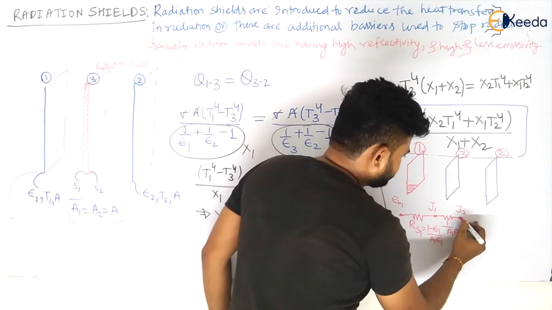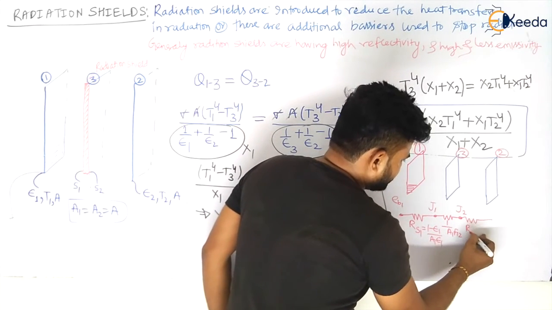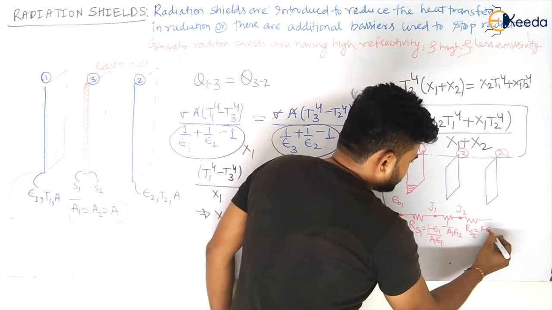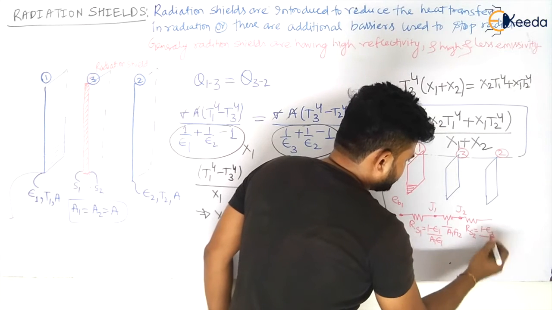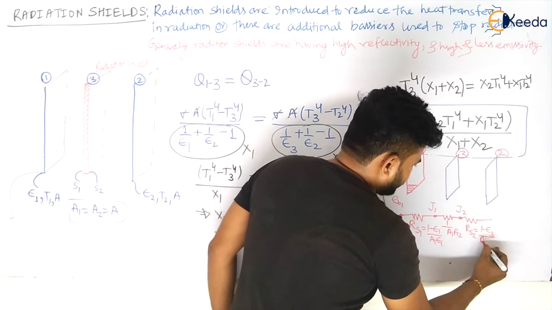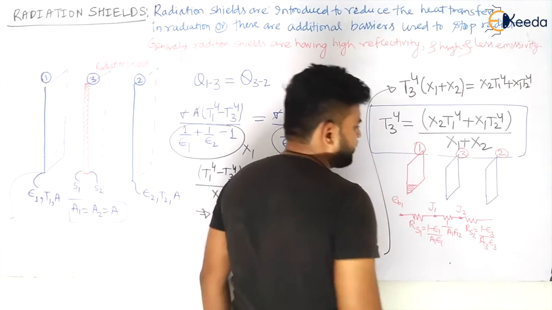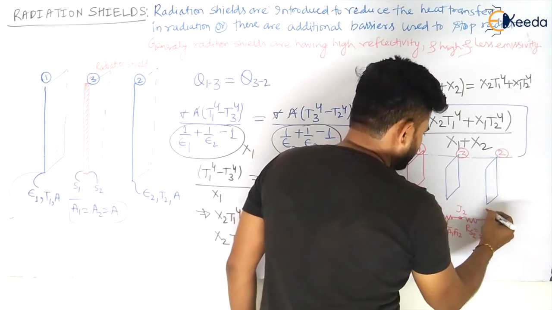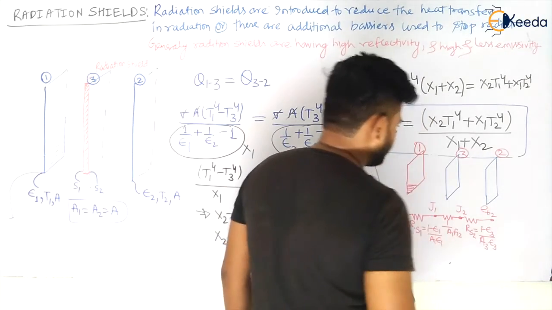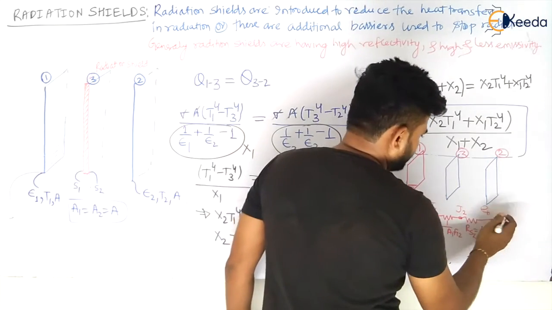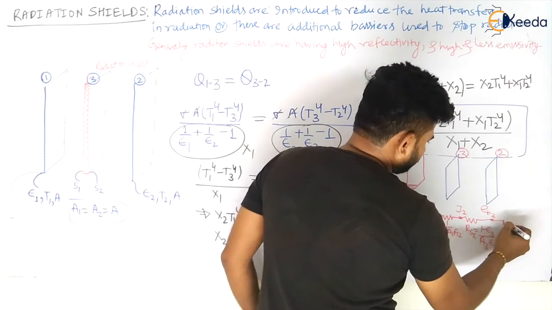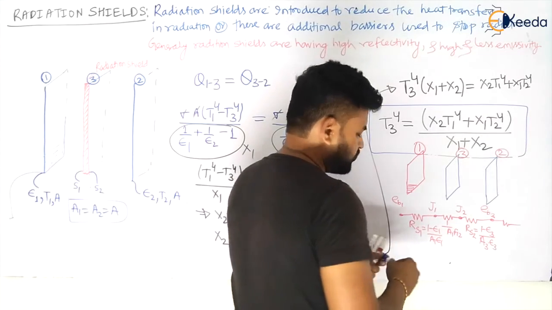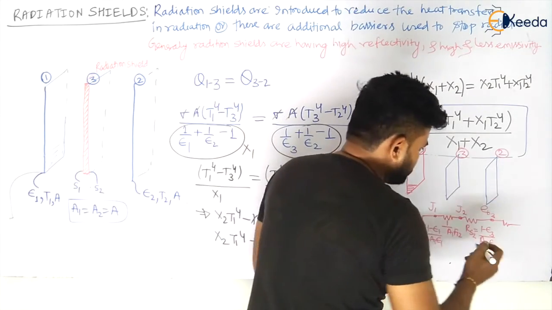Let us take it J2. Again there will be some surface resistance RS2, which is given by 1 minus E3, if I am taking E3 on this side, divided by A3 E3. Again for these plates, if I do the analysis, this is EB2, and let us take this is EB3. Again for this plate I am talking about 3 and 2 now.